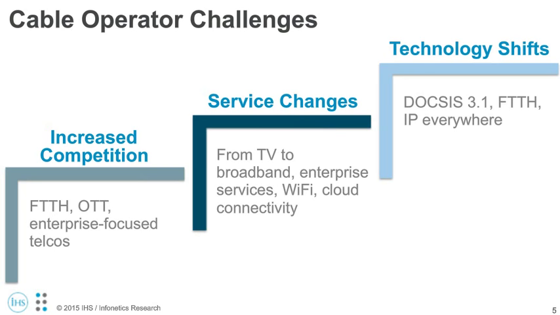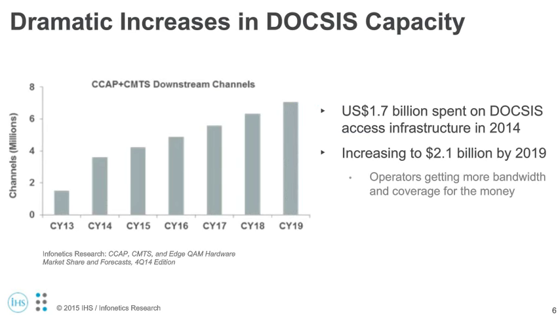In a lot of cases for operators, the DOCSIS 3.0 transition isn't even over yet, and we're already talking about DOCSIS 3.1 beginning later this year. And also, as Comcast and Bright House and other operators have shown, fiber to the home, fiber to the business is also becoming a larger part of the access network. And then most importantly for these cable operators, end-to-end IP is really becoming the norm. And so some of those technology shifts that I track in my quarterly reports,